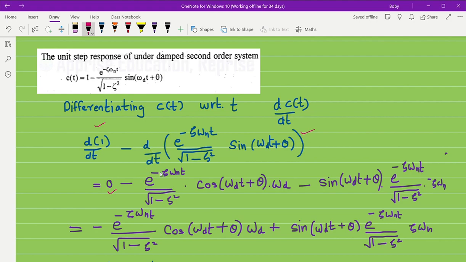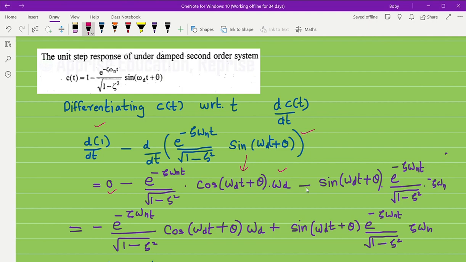The first function e power minus eta omega n t divided by root of 1 minus eta square, into the derivative of the second term, that is sine of omega d t plus theta, will be equal to what? The derivative of sine theta is cos theta, so cos of omega d t plus theta, and we have to multiply by omega d. So d by dt of omega d t plus theta will be equal to what? Omega d by dt of t will be equal to 1, and d by dt of theta will be equal to 0. So multiplied with omega d,